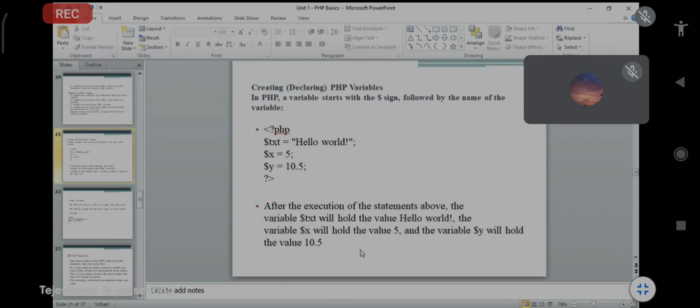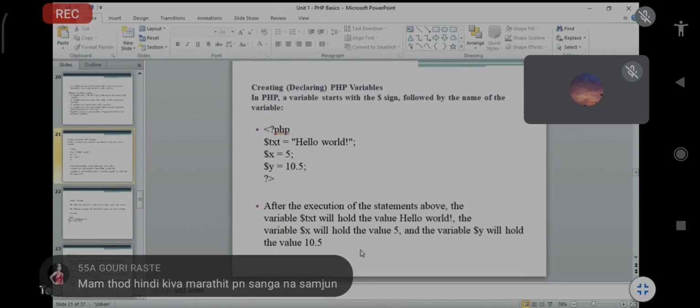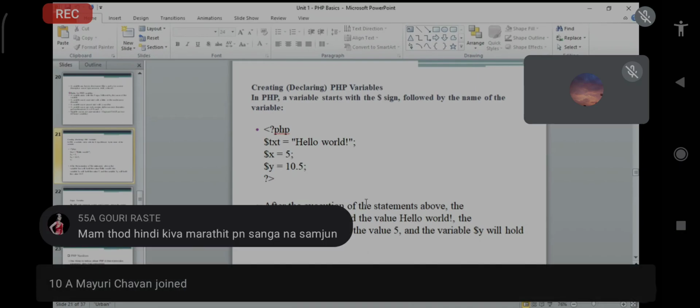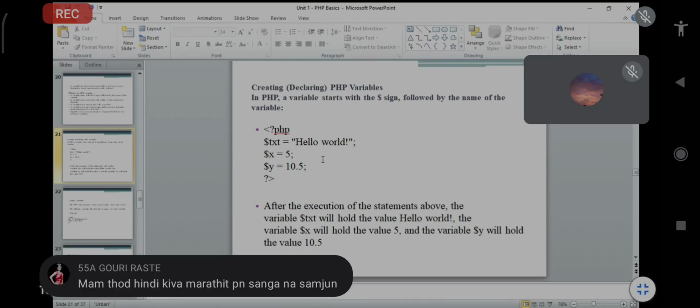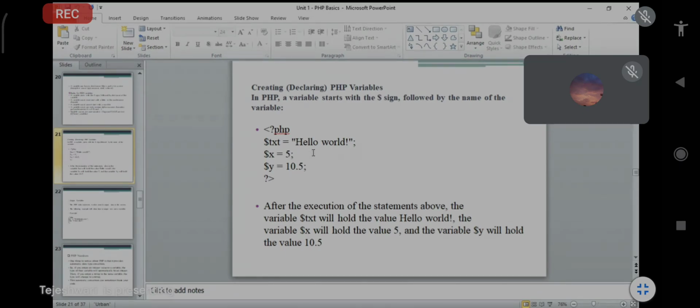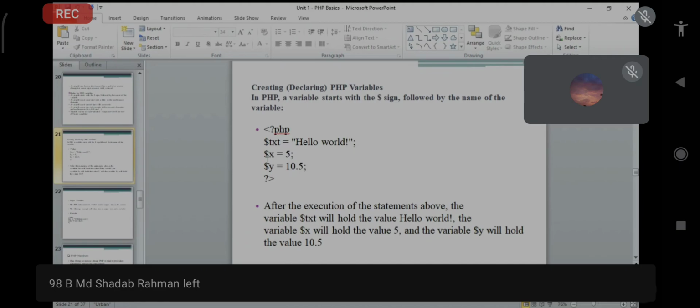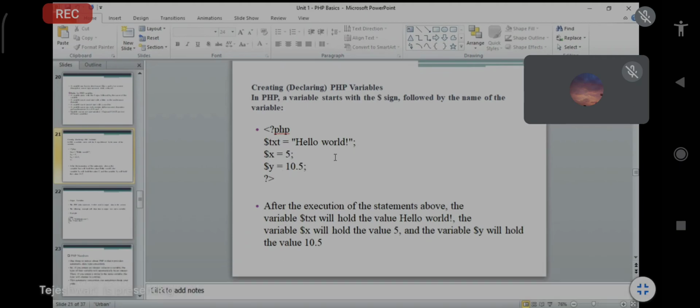$txt is equal to "Hello world" means which value we have to store in $txt, that is Hello world. So we just assign this particular value, and this word will be stored in $txt. The next one: suppose you take $x is equal to 5 and $y is equal to 10.5.